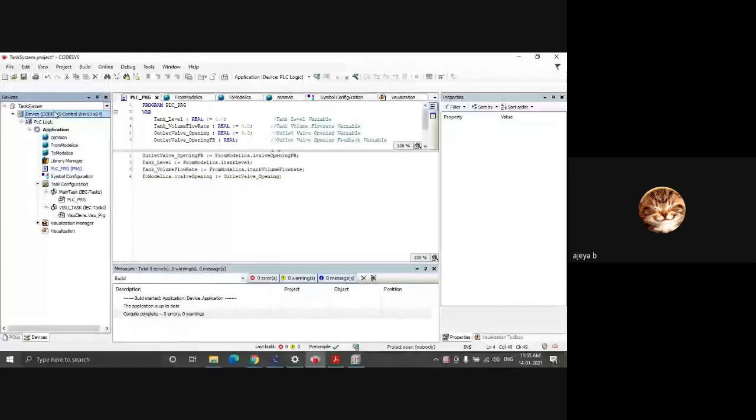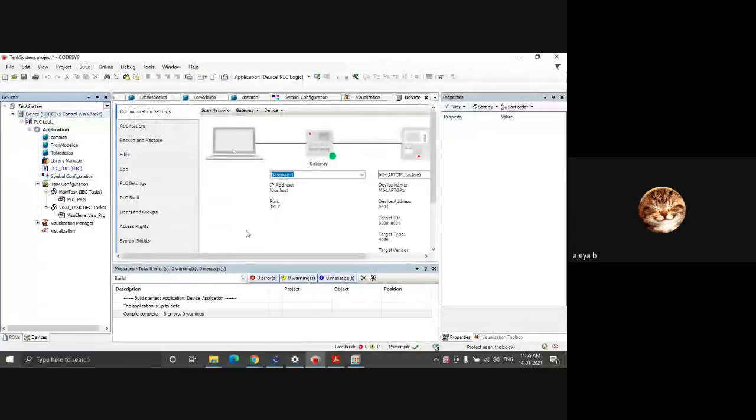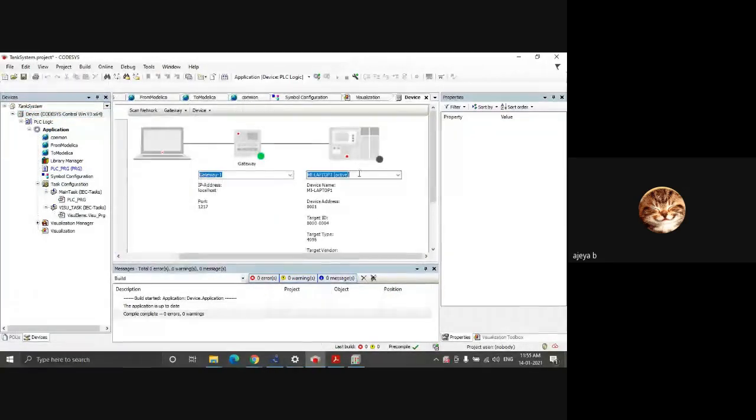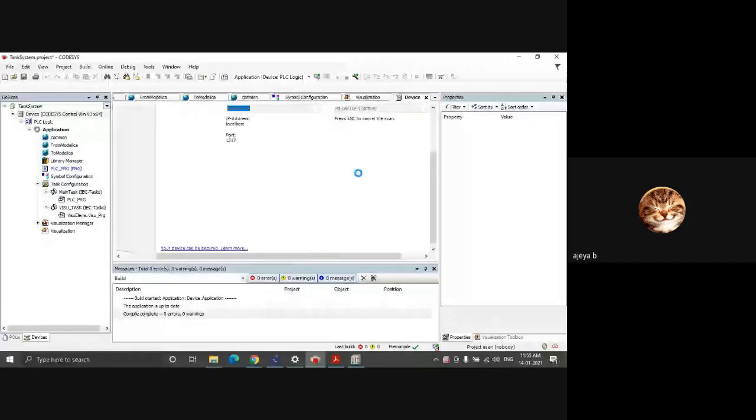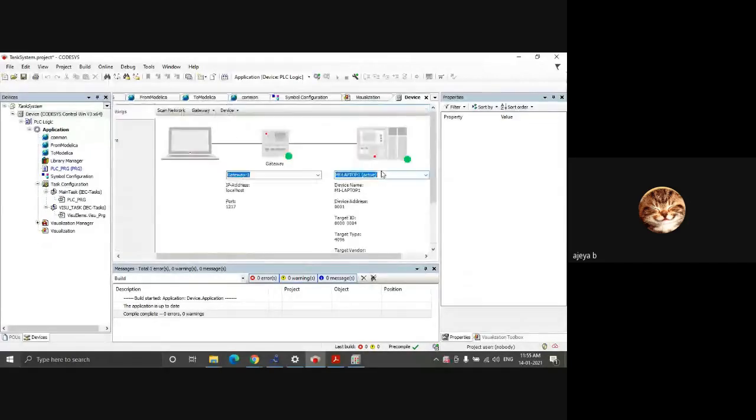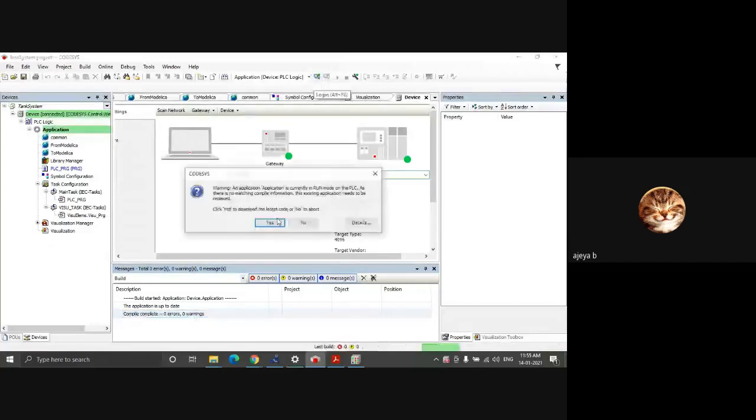Similarly, when you click on device communication settings, it lights up in green, saying it is ready to connect. I'll connect. It now shows that the PLC is running, and I'll download the code I just compiled.